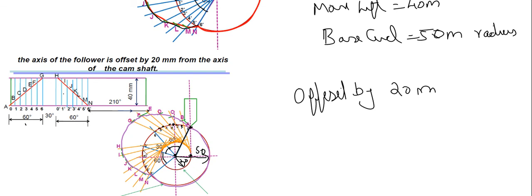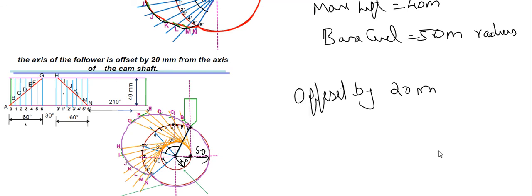Again here also. But instead of just taking the lengths, you should draw tangents passing through these positions to the offset circle. That is a complicated process. We will see it later. Again, I am just explaining it. You should be able to draw a tangent. I'll just show you how to draw it.